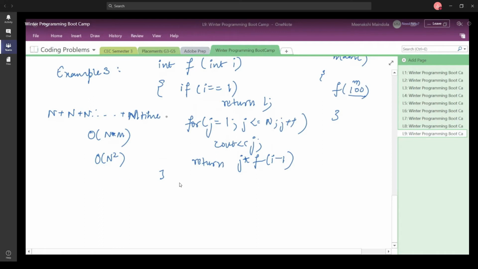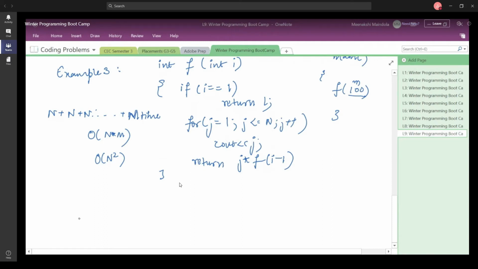So again, no. Like in the case of time complexity, we say that something that is constant is not going to be a part of our time complexity whenever we write it. The same thing happens in space complexity as well.